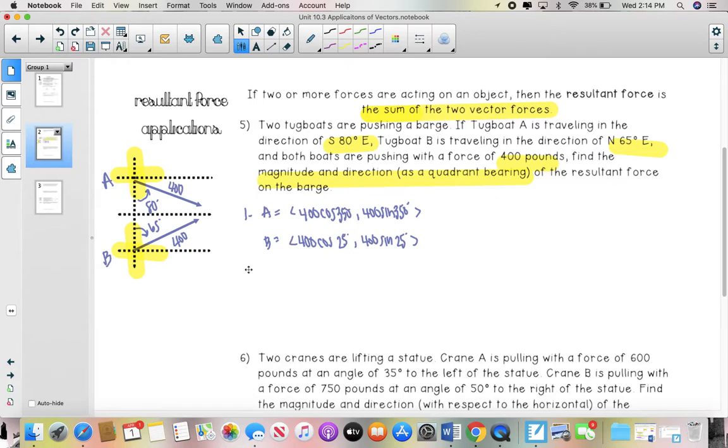Okay. So the second step you're going to do is add the two vectors together. So you're going to take 400 cosine of 350. You're going to hear my calculator. Make sure it's in degree mode. Good Lord, see, this is where I'm losing my mind. Plus 400 cosine of 25, and that gets you